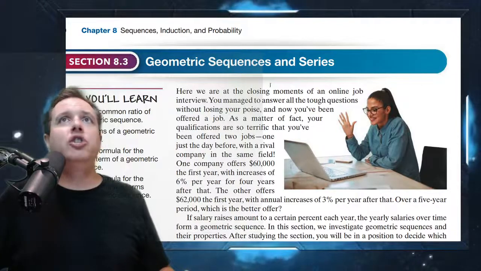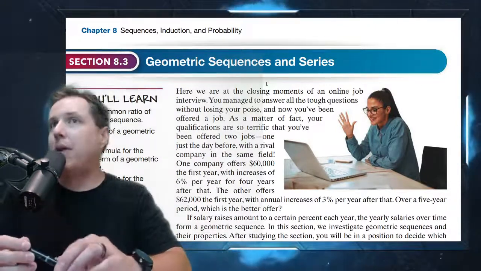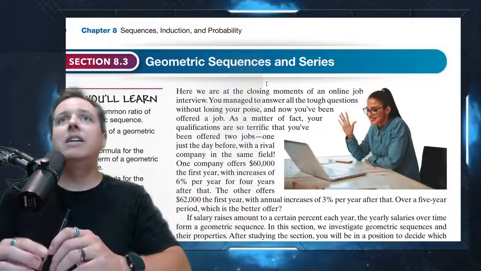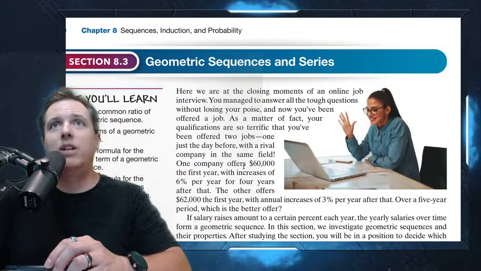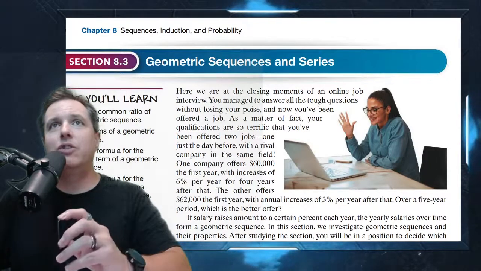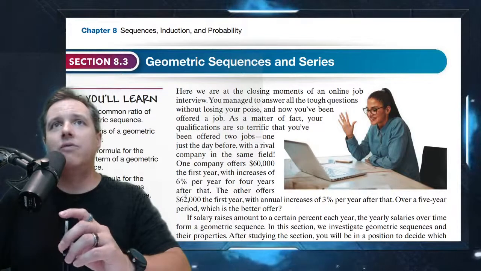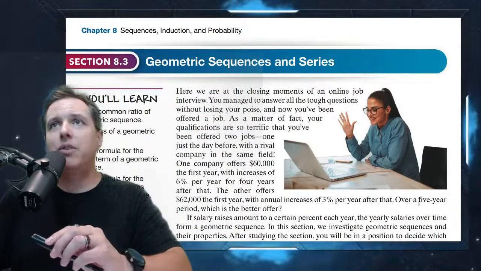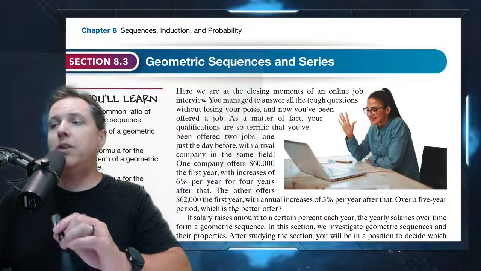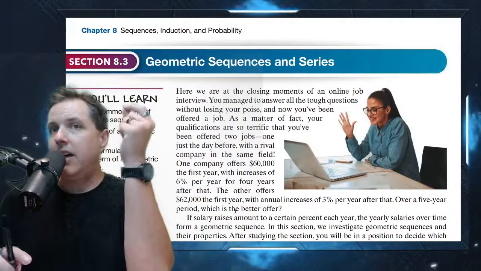And then we get to geometric sequences and series, and here's where you start doing things that are a little bit more powerful. And you're going to see, like here, if you read this, they're talking about one company offers $60,000 the first year with increases of 6% per year for 4 years after that. The other offers $62,000 the first year with annual increases of 3% per year after that over a 5-year period. Well, you could model those examples by a